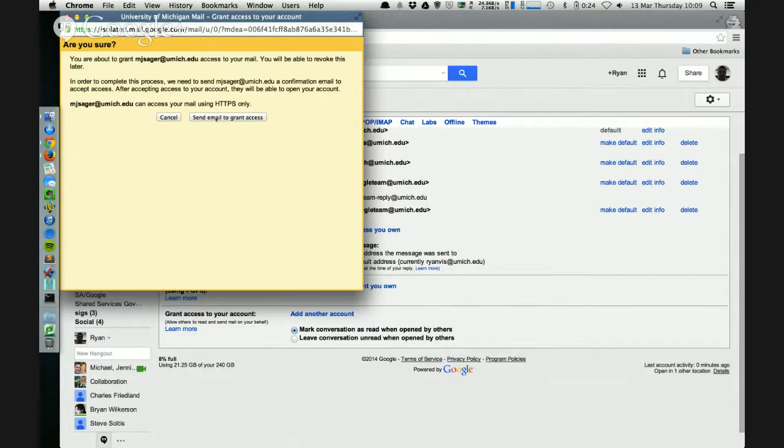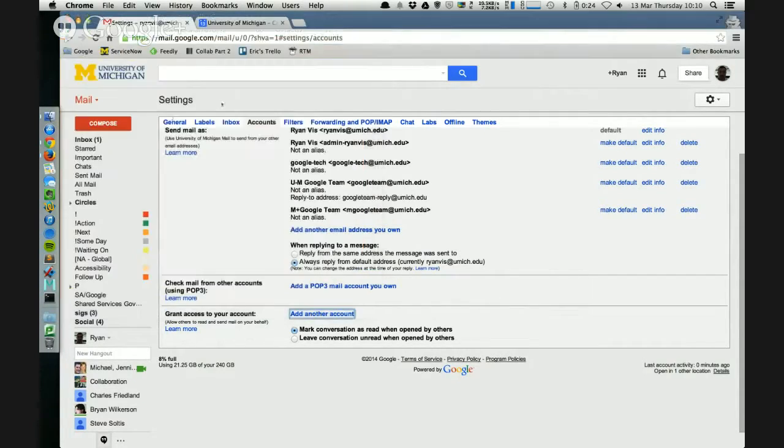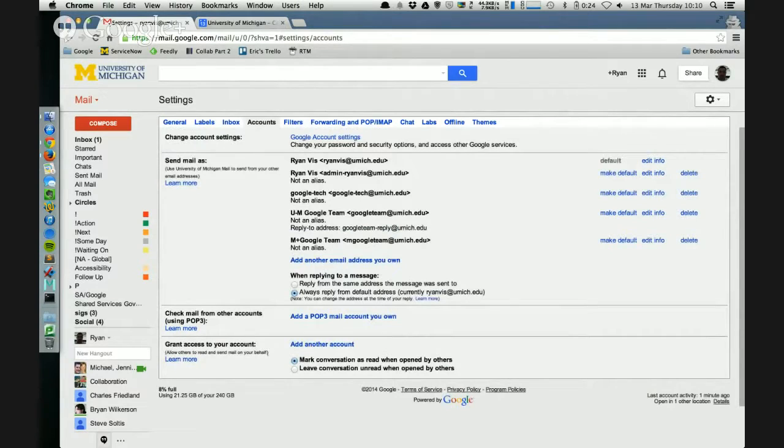If I click this button, Martin's going to get a confirmation email, and once that's done, he'll be able to switch and become me in another tab and manage my mail. I'm not going to do that because I didn't tell him I was going to test that, so I don't want him getting surprise emails. This is really handy if you have a shared account, or if you support somebody else and you need access to their email. You can easily get that.